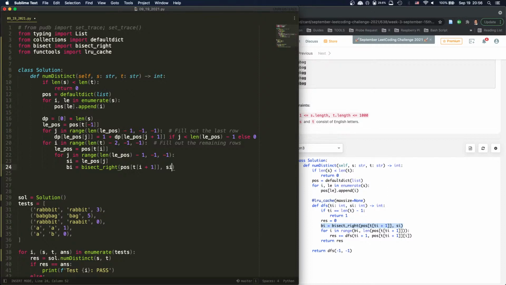It's like if we don't have anything. If we don't have anything, then what we will find is the BI is going to be outside the range. So if BI is outside the range, then it's going to be nothing. And if BI is not outside the range, so that is going to be